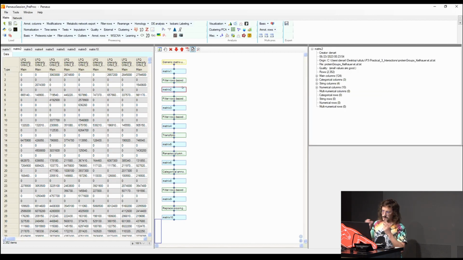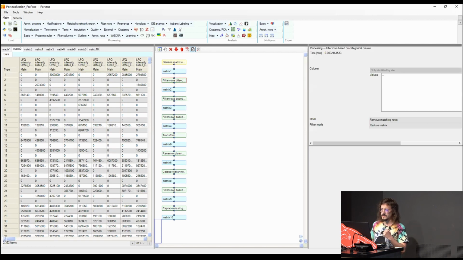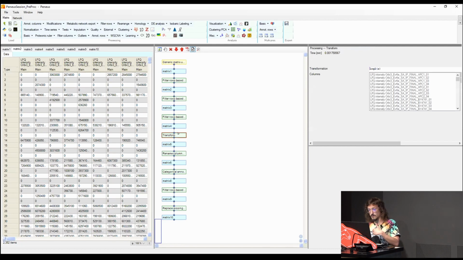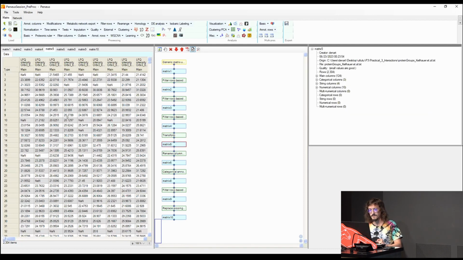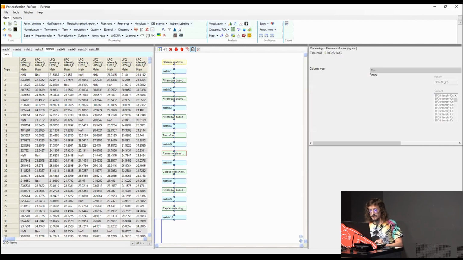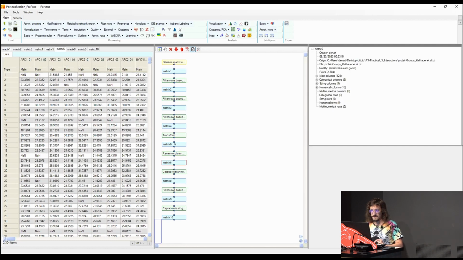Then, as usual, contaminants and other proteins identified by site were removed. Then all the data was log transformed. We have here our nice data, but there are the missing values again. Every single row has been renamed, and you see here, we have LFQ intensity for all B3.